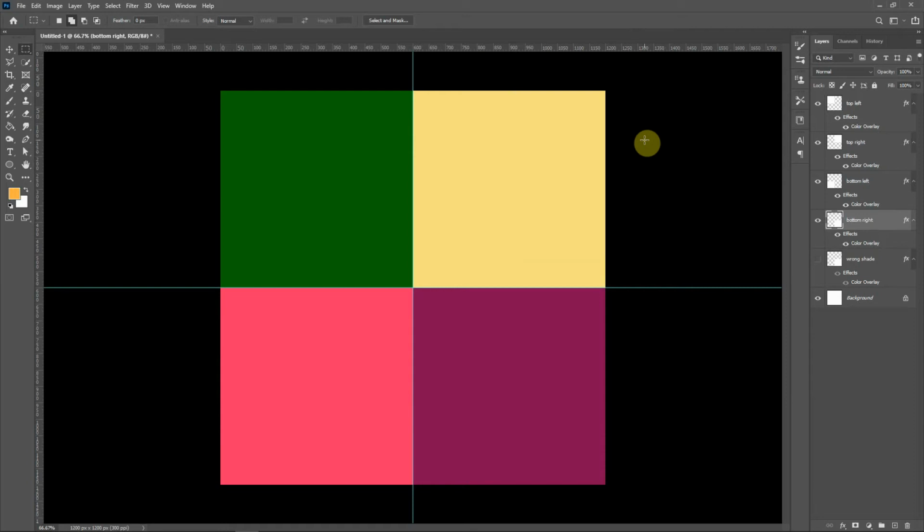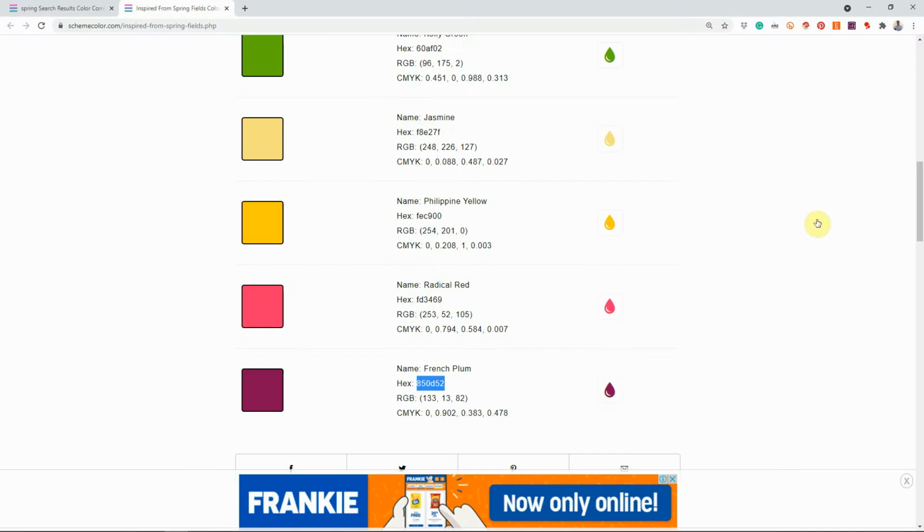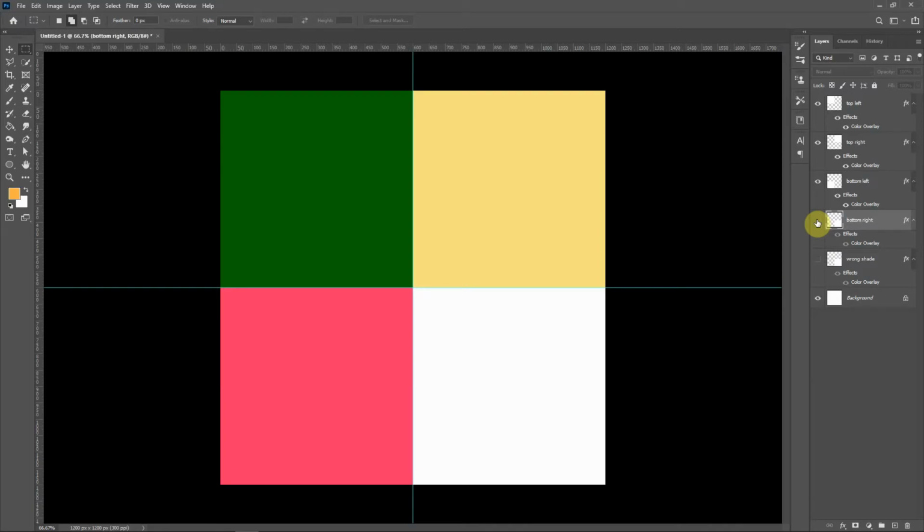All right, now let's take a look at if you had to choose a wrong shade of color, a wrong tone. Okay, so I'm going to turn off the bottom right one, which I believe was the French plum. And what I did was I grabbed one of the autumn colors, and I already pasted on it. And if I had to clear the guides, so Control H on the keyboard or Command H on a Mac,